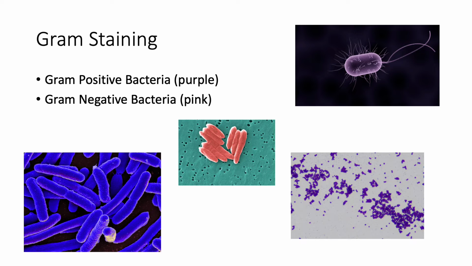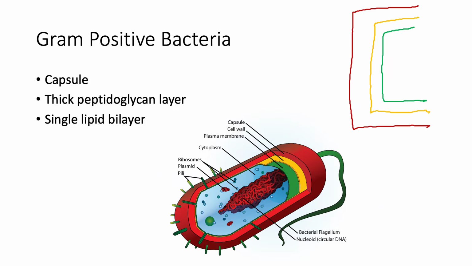Gram staining is a technique utilized to identify whether a culture of bacteria cells is gram positive or gram negative. And whether a bacteria is positive or negative all depends on its structure. So if we take a look at gram positive bacteria, if we take a look at the outer coating,